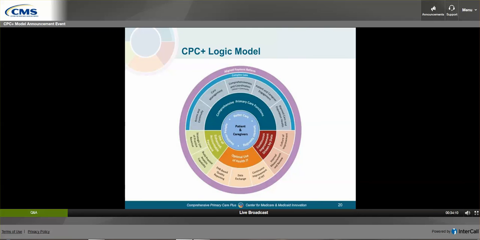So you can see on this slide the CPC Plus Logic Model or driver diagram. It encapsulates all of the work practices are doing for patients and caregivers. The 5 primary care functions that practices deliver are highlighted in the top half of the driver diagram in blue. And this work is supported by the other 3 main elements we discussed, which are payment, health information technology, and use of data. This practice transformation is supported by the multi-payer design, which is indicated here by the purple ring around the outside. And this signifies the alignment of payment to practices, the data sharing, and quality reporting.